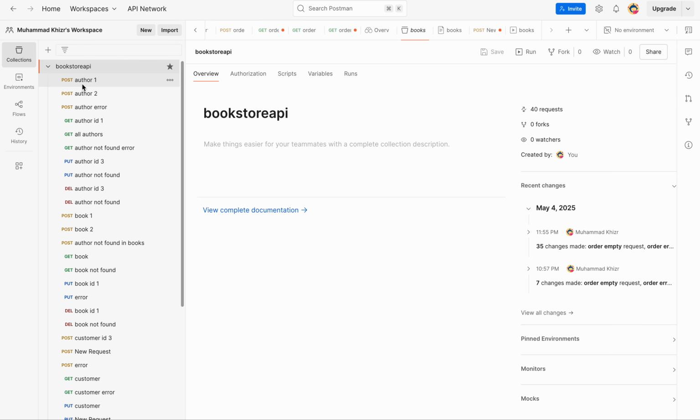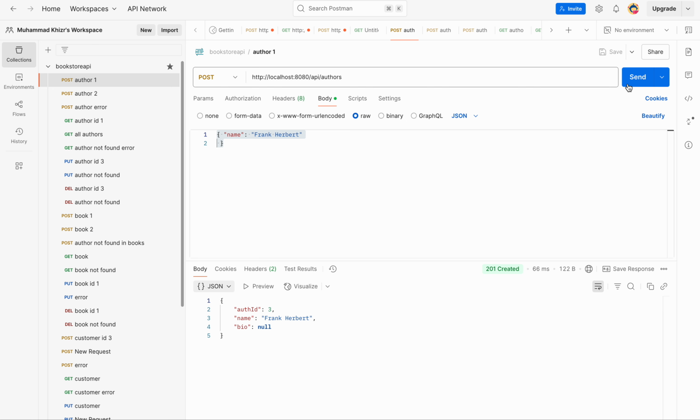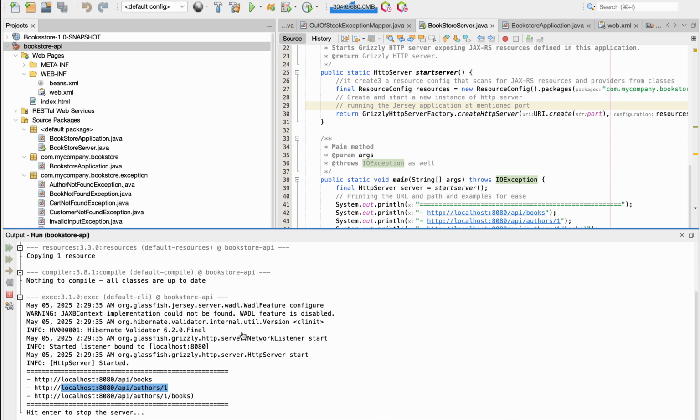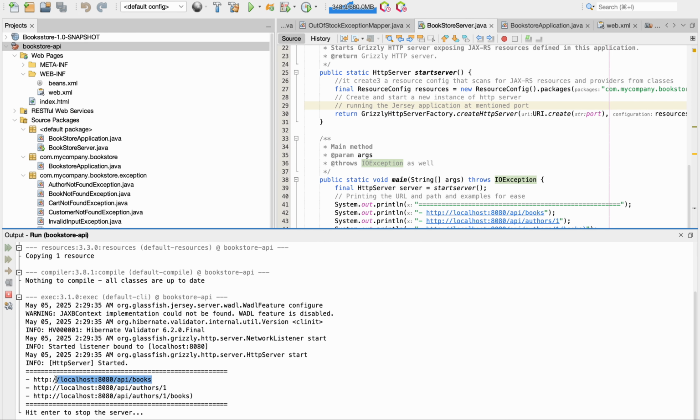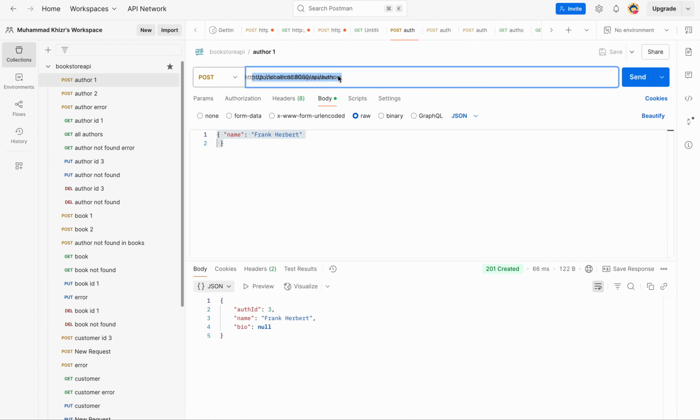So as you can see, author comes first, and we'll move, and this would be taken out from here, which is exactly the same, just to make sure there's